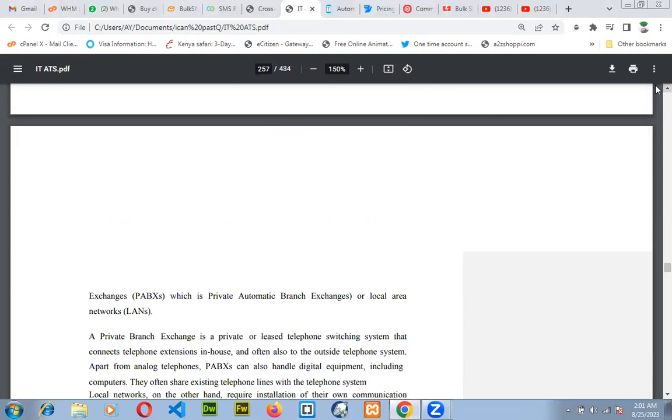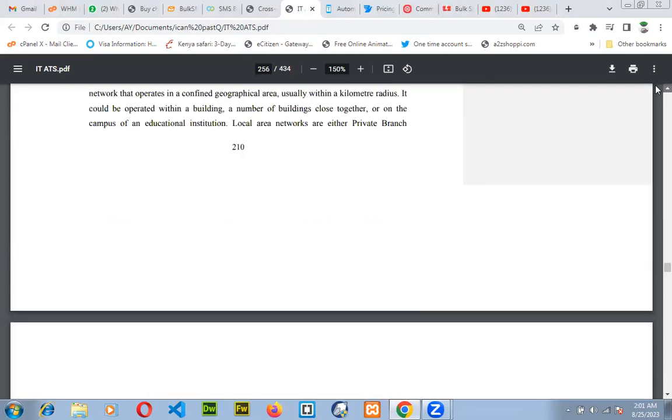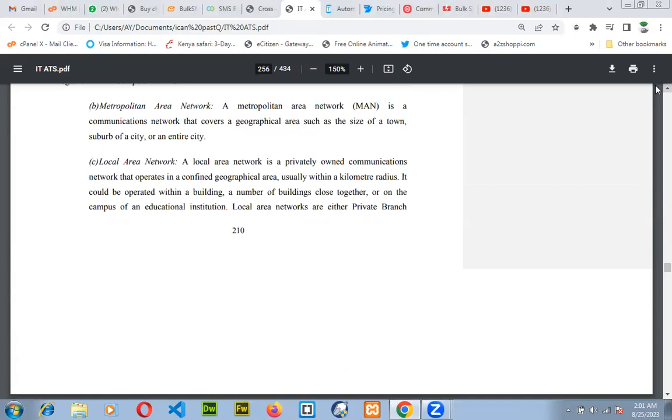The local area network. A local area network is a privately owned communication network that operates in a confined geographical area. When we talk of confined, we talk of a restricted area, not too far a distance within a sizable area, usually within a kilometer radius. It could be operated within a building, a number of buildings close together, or on the campus of an educational institution. Local area networks are either